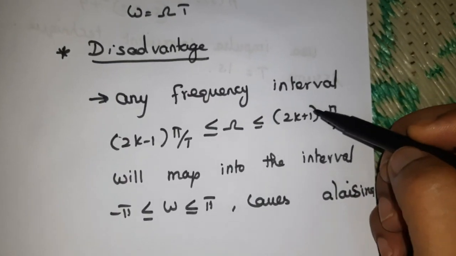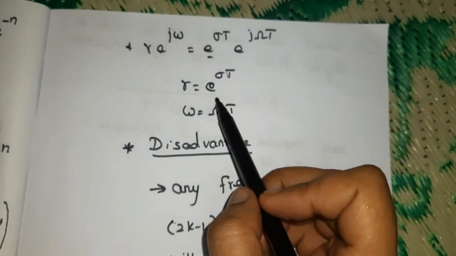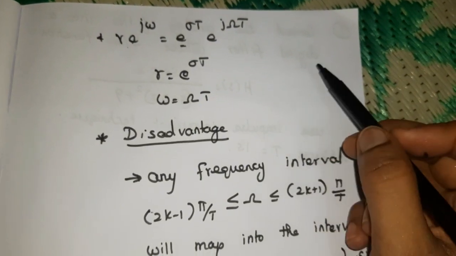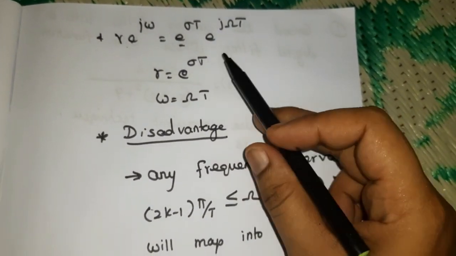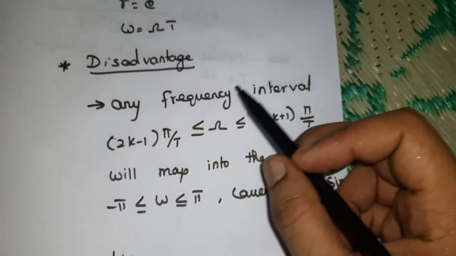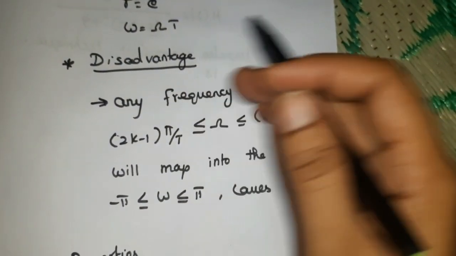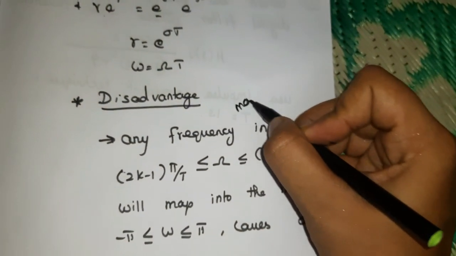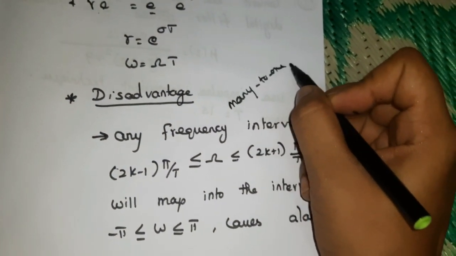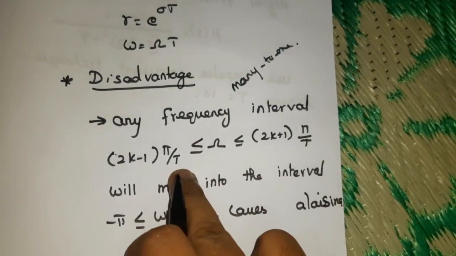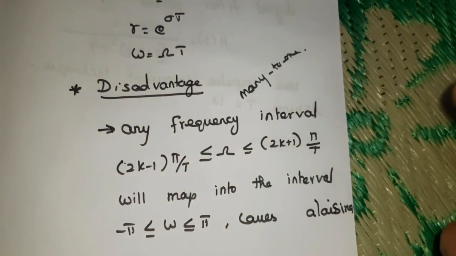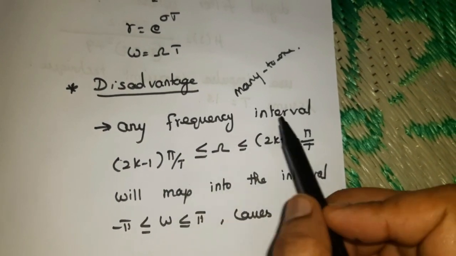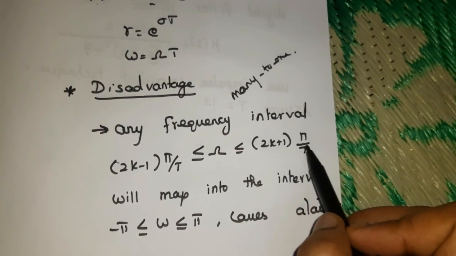The disadvantage of this method is that the real part is mapped inside the unit circle of the z plane properly, so we can map the real part, but you are considering the imaginary part. So the frequency omega is mapped many to 1, not 1 to 1. That is, many frequency intervals in the analog filter are mapped into one part, that is, the range (2k minus 1) pi by T and (2k plus 1) pi by T, and here k is an